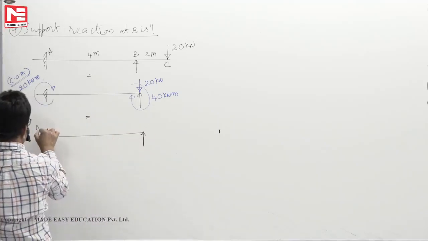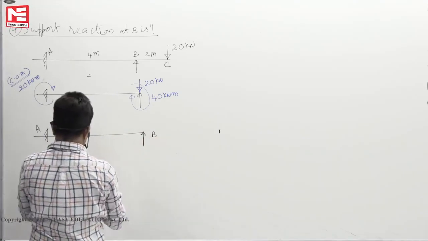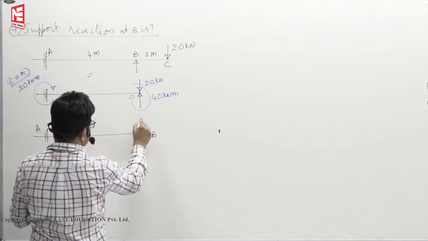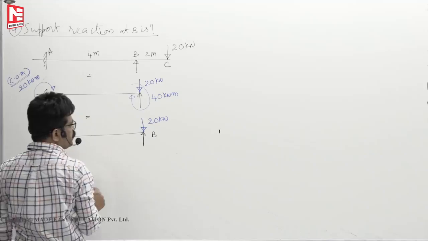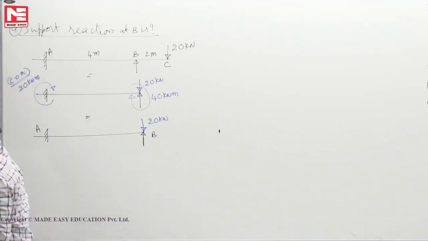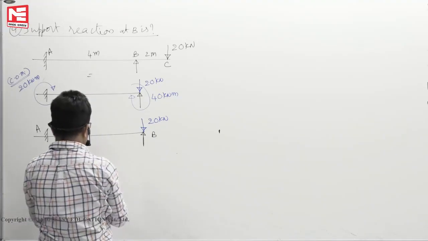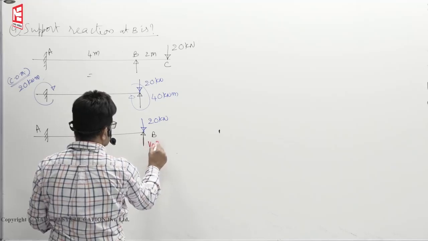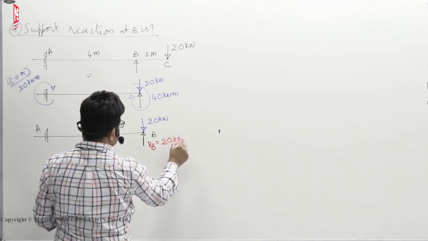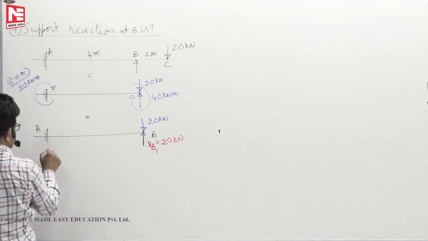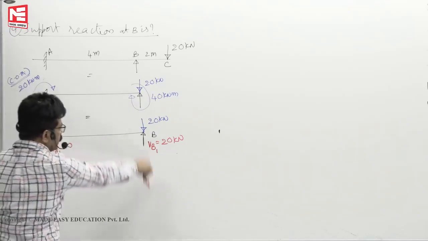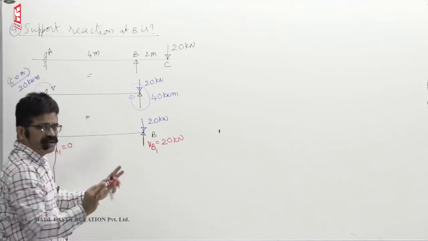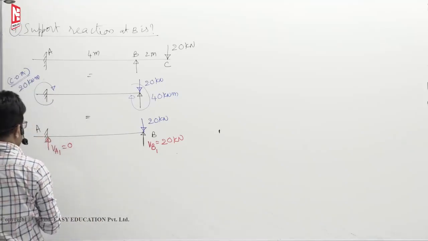This we know from strength of materials how to calculate. So if you have say 20 down, due to this reaction, what is VB? Vertical reaction at B is 20. Let us say VB1. What is VA1? 0. Because direct transfer of the load, beam will not be affected at all. Plus